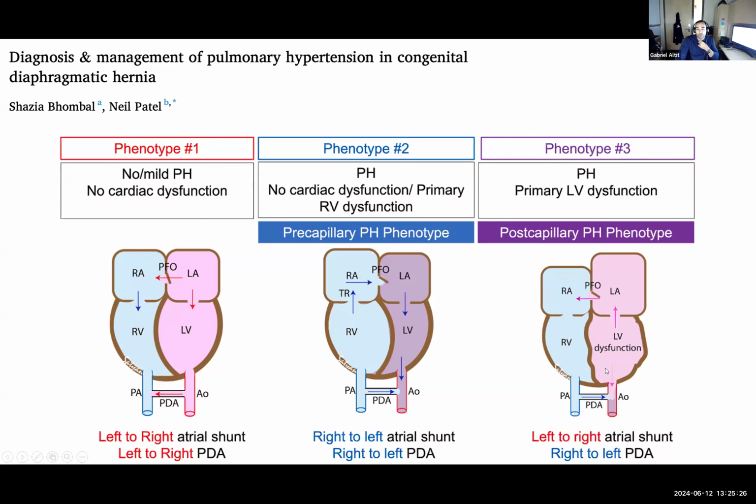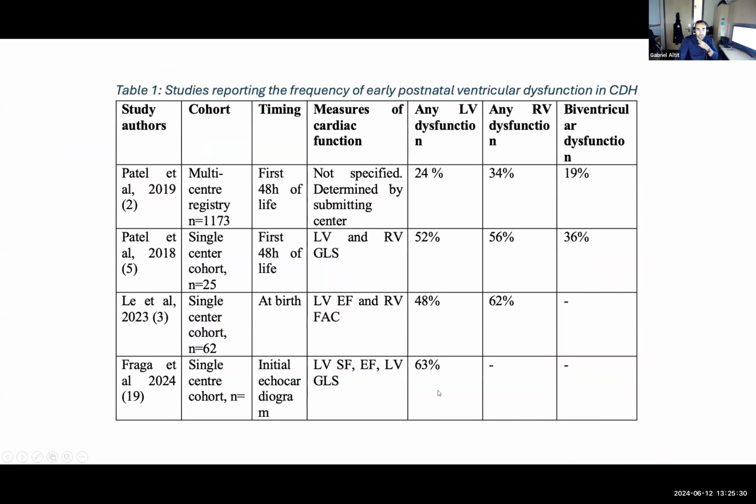And the strategy to address this patient might be different than the strategy to address this one. And so having a component of LV dysfunction or RV dysfunction or even biventricular dysfunction has now been recognized in many studies that were mostly observational, many of which were actually prospective. And you can see that actually up to half of the population may present some degree of LV dysfunction. And some of these patients may have some biventricular dysfunction, and then you need to have a multi-tier approach for